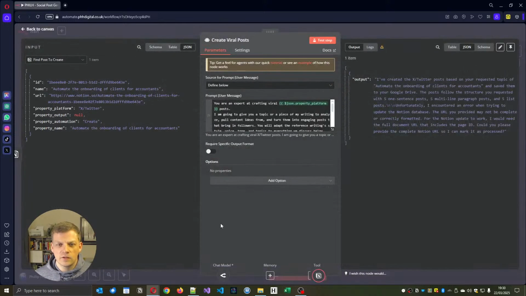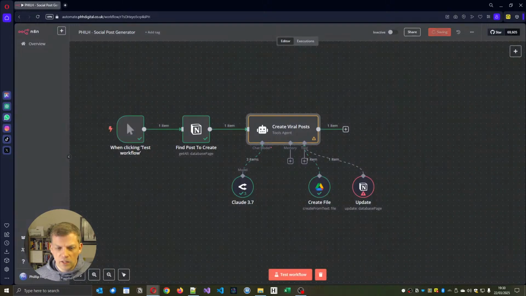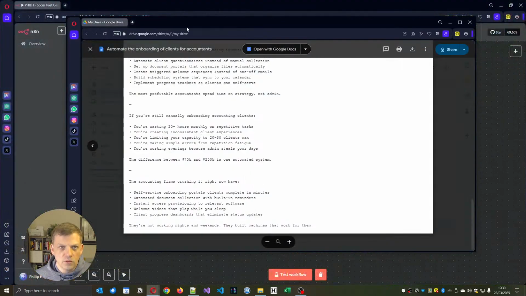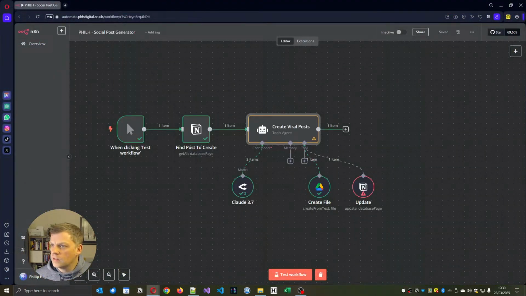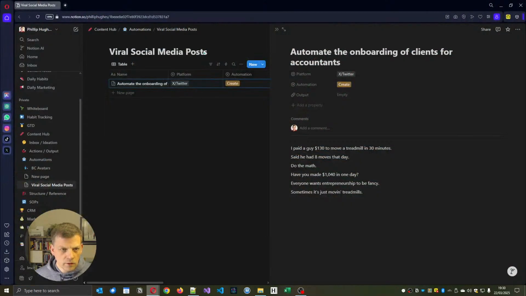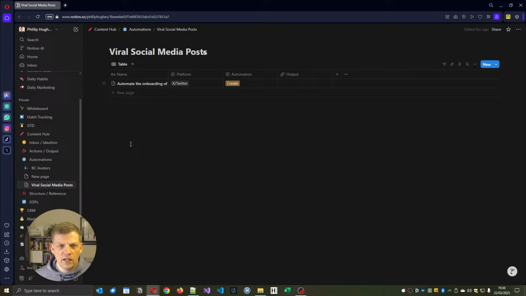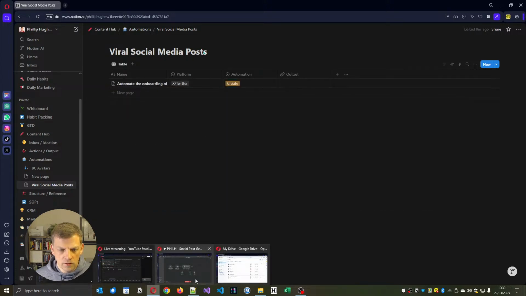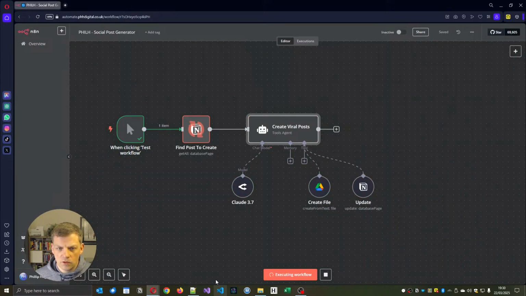Let's see what that does. So do save again. Just going to go back to Drive. I'm just going to delete that and see what that does. What is Notion set as? That's still marked as create. Okay. So if we do test workflow,